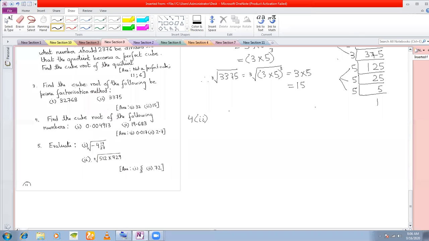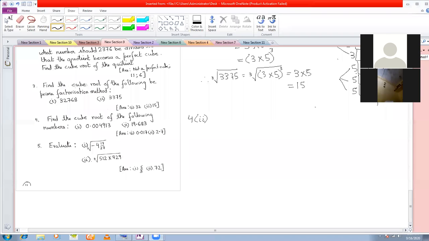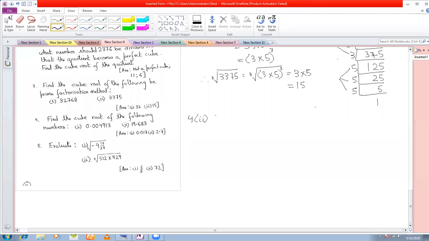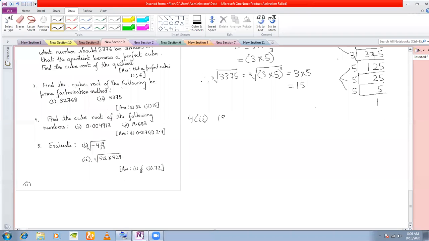4.2 question here is find the cube root of 19.683. Now, first of all, this is a decimal number, so we'll convert this to a fraction. So 19.683 you can write as